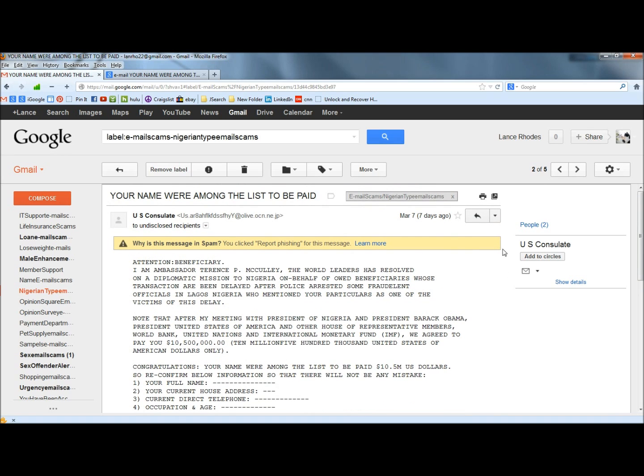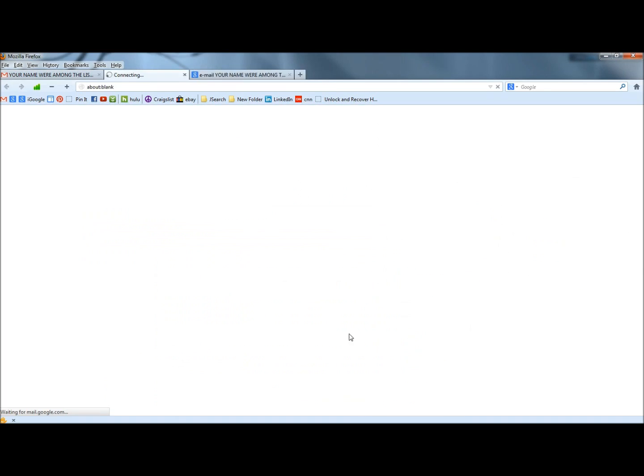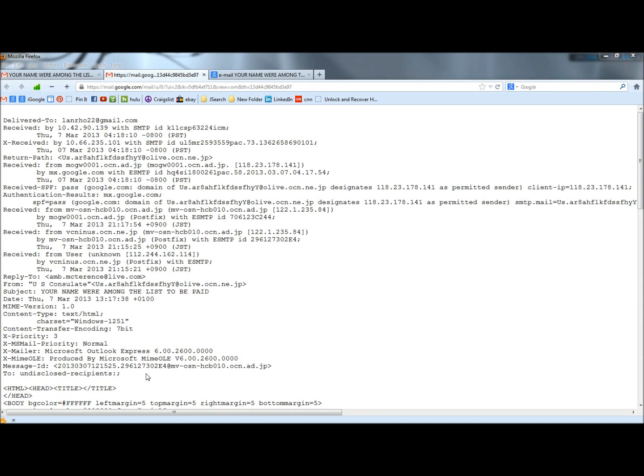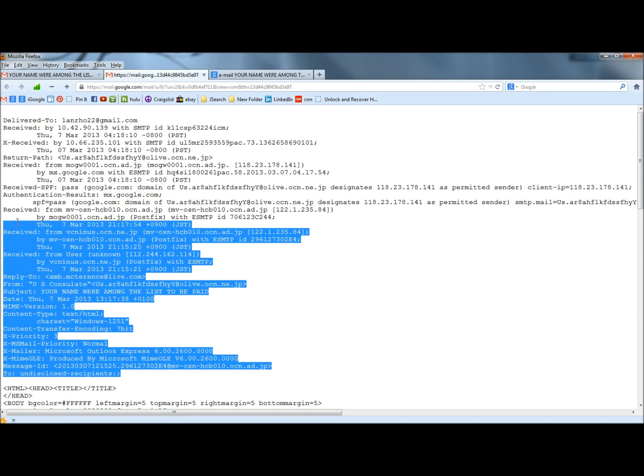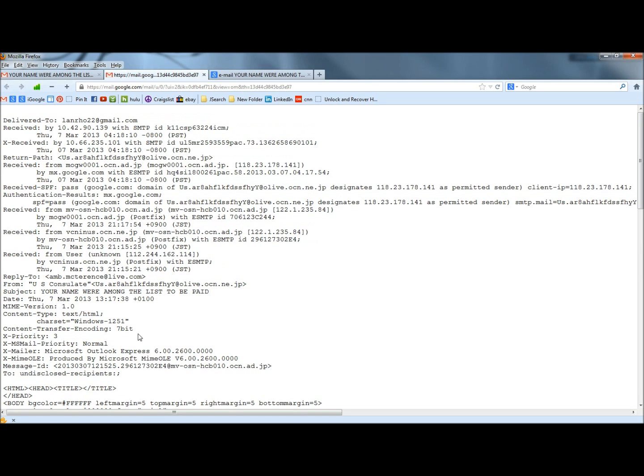But now I'm going to go to show original. And this is the header of the email here. And I'm going to start looking through here and try to find things that I could pick out in Google. Anything that looks odd. Of course, you see a lot of references to Japan. Not really anything too interesting in the header. So what I'm going to do is I'm going to copy it,